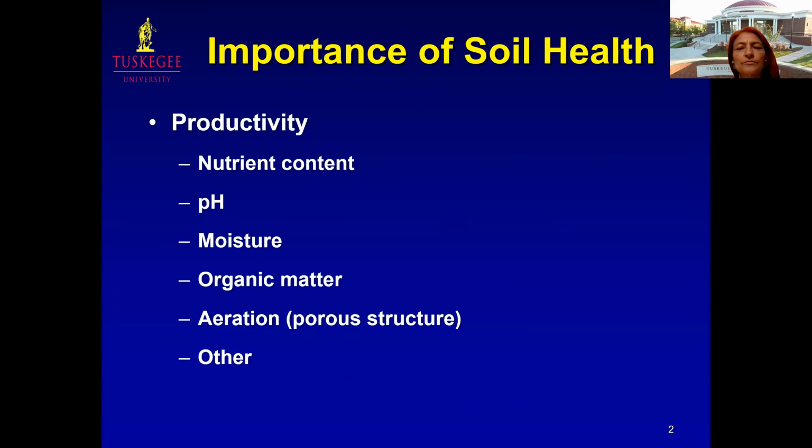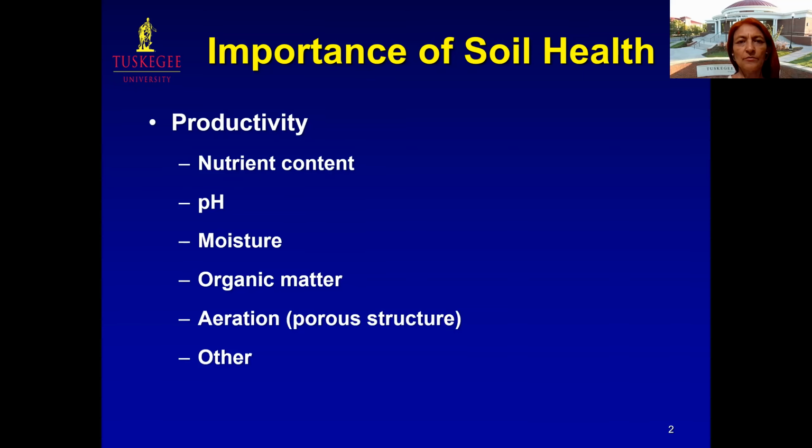So for the soil to be productive, it has to have required nutrients for the crops or pasture that are grown in the field. It has to have the right kind of pH for the type of forage species that we are growing. It needs to have enough moisture content for forage production, and the appropriate amount of organic matter